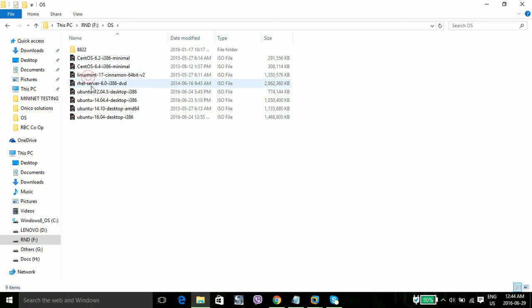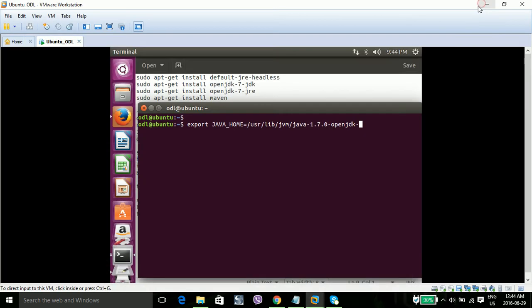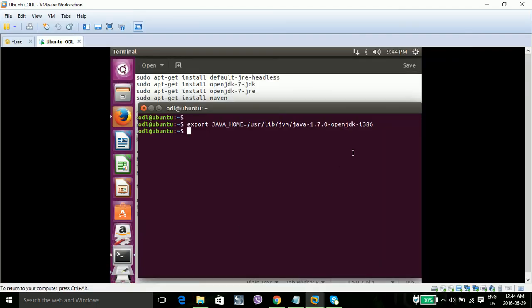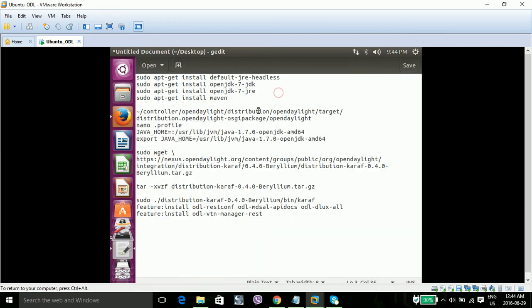So for 32-bit, we have to use i386. So just type i386 to make sure. Yeah, i386, right. So put this command,